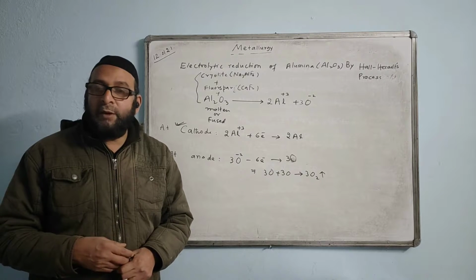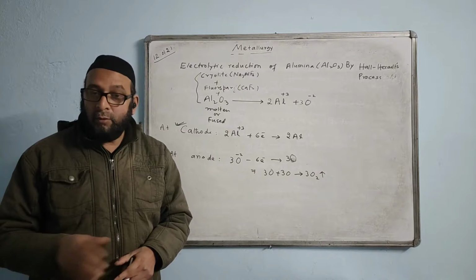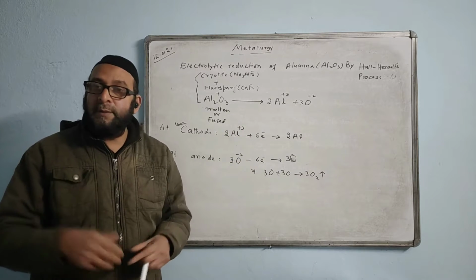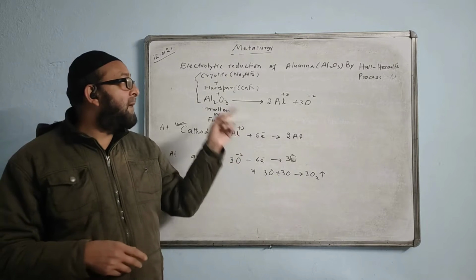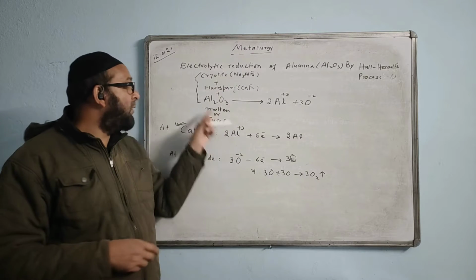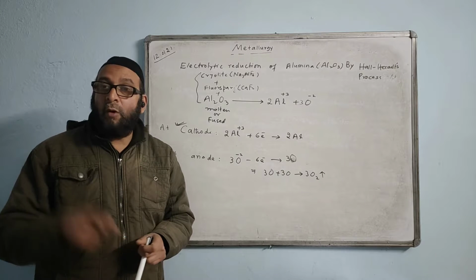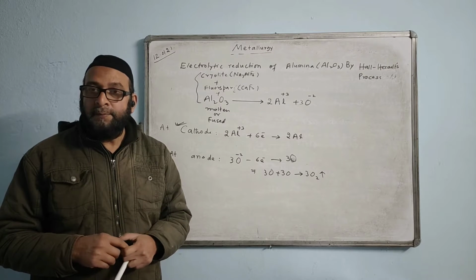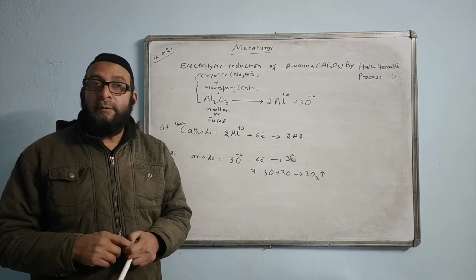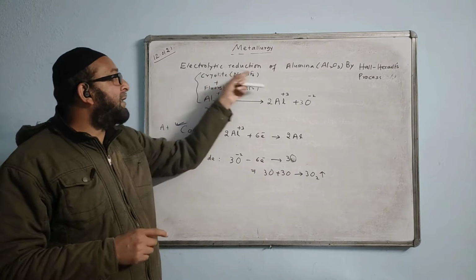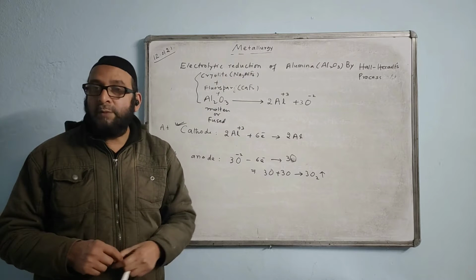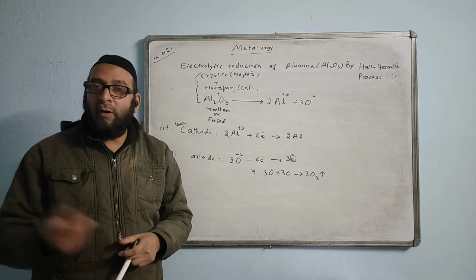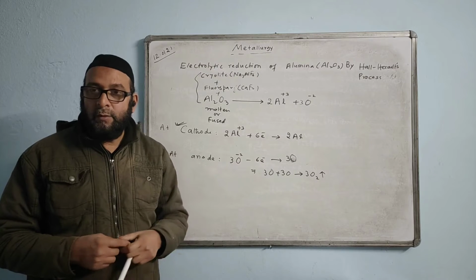It is slightly more expensive than iron nowadays. Iron costs nearly 200 rupees per kg and this will cost 300 rupees per kg. But when the method was not suggested and we were doing it alone, the cost of aluminium was almost equal to the cost of gold. Just imagine. So that's why we do the electrolytic reduction of alumina by Hall-Héroult's process or Hall-Héroult's method. We can only say Hall's method, Hall's process, that also will do.